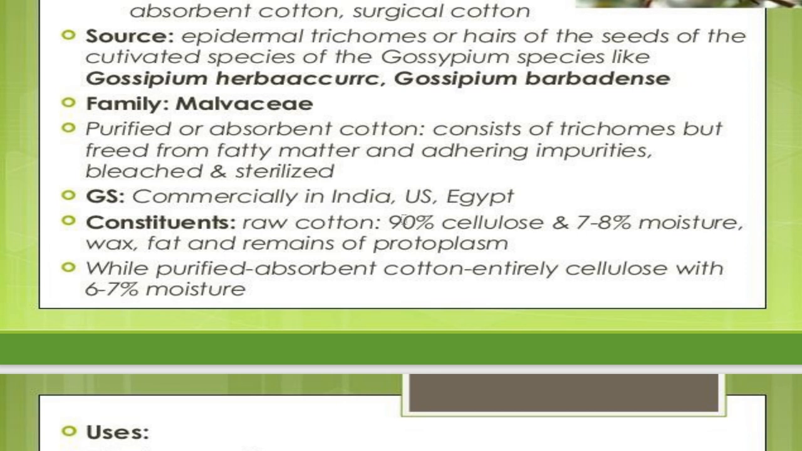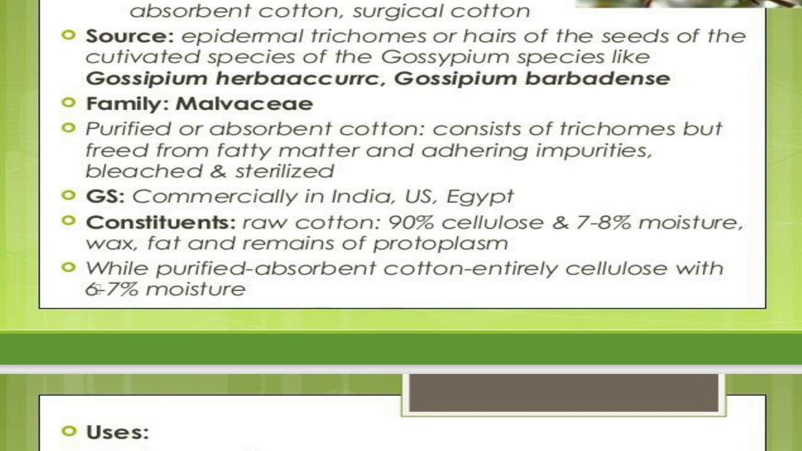क्या है? रॉ कॉटन होता है, रॉ कॉटन में 90% सेल्यूलोज होता है, 7 से 8% उसमें मॉइस्चर प्रेजेंट होता है, वैक्स होता है, फैट होता है एंड रिमेन्स ऑफ प्रोटोप्लाज्म। ओके, दिस इज वेरी इंपॉर्टेंट टू रिमेंबर कि एज आई सेड सारे फाइबर्स में सेल्यूलोज होता है, तो इसमें 90% होता है, 7 से 8% मॉइस्चर होता है, वैक्स होता है और थोड़े रिमेन्स ऑफ प्रोटोप्लाज्म। ओके, नाउ जितना भी प्योरीफाइड एब्जॉर्बेंट कॉटन होगा entirely made up of cellulose,